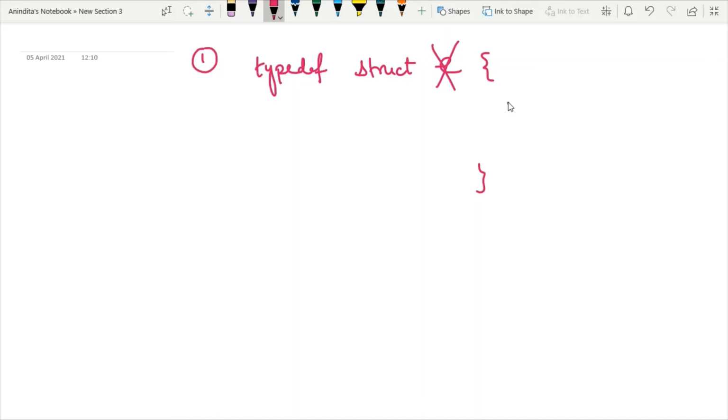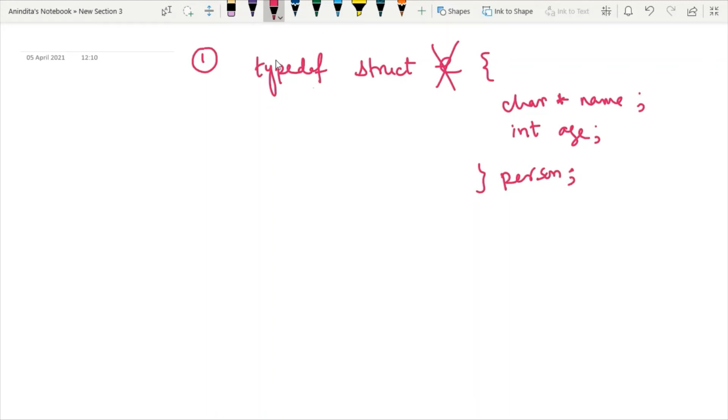So here I am writing a pointer. The pointer variable is your derived data type, and I am also writing one basic data type, say age. And then I am writing one structure variable, person.